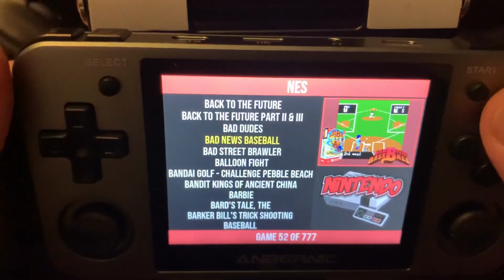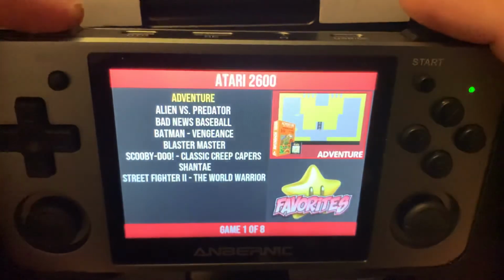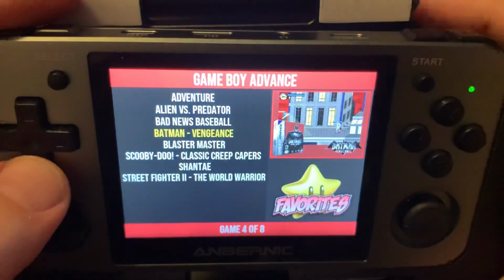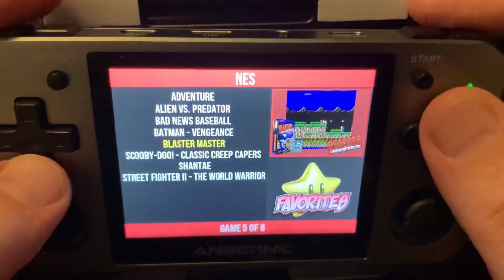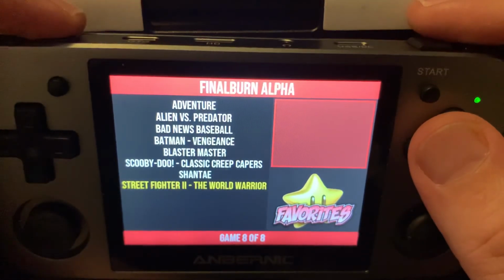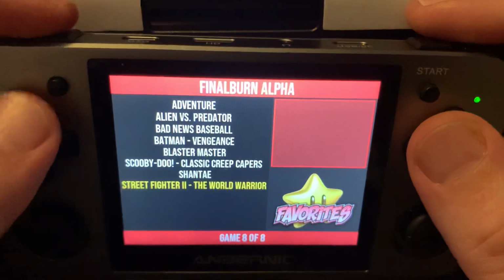So to get to the favorites menu, you actually hit the L2 and it'll bring up the favorites. It'll show you the system name up top, the game, and the box art over here, and little favorites down here. So it obviously doesn't say favorites, but basically, if you have favorites, this will come up. If you click this L2 again, you get sent back to the system you were on. But if you click L2 and nothing comes up like this, that means